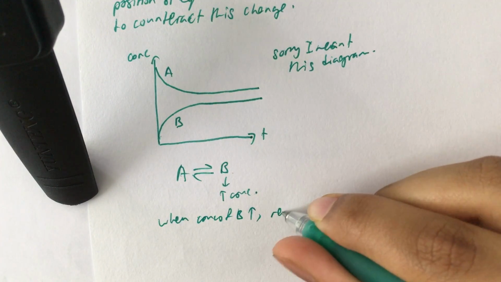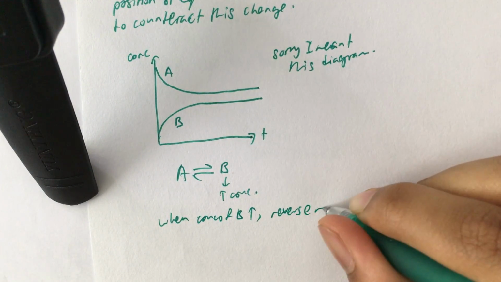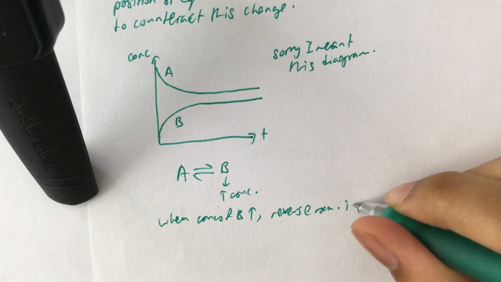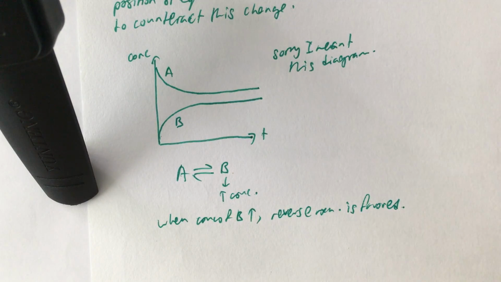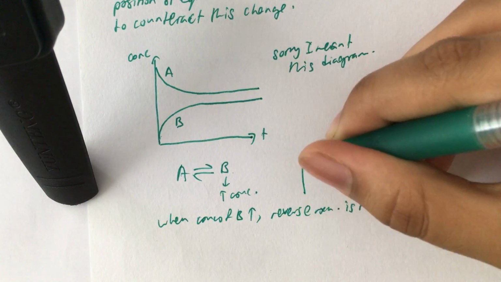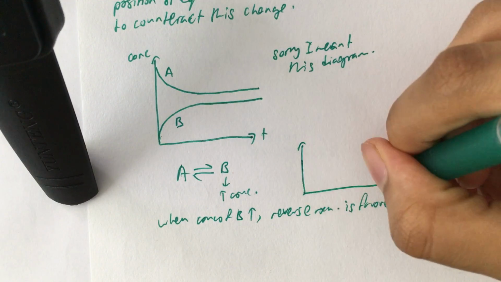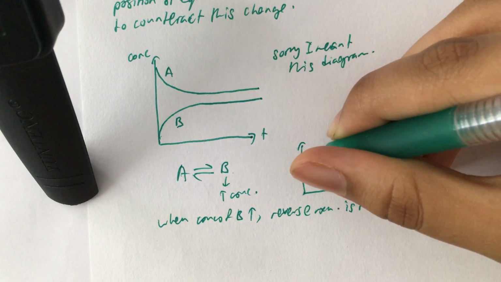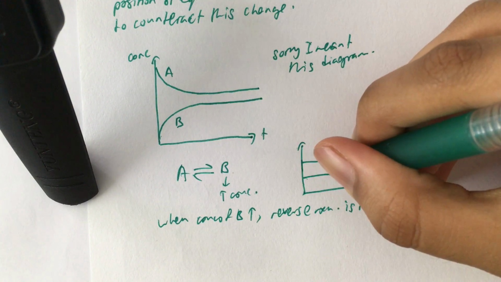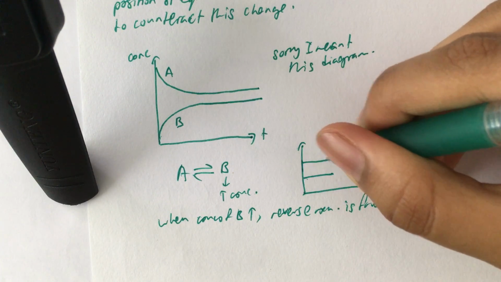How you would visualize that on the diagram we are talking about is that in terms of the concentration of A and B, the rate is based on the gradient. So now that you change the concentration, B's concentration will suddenly increase, and then